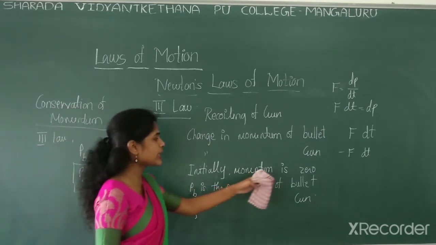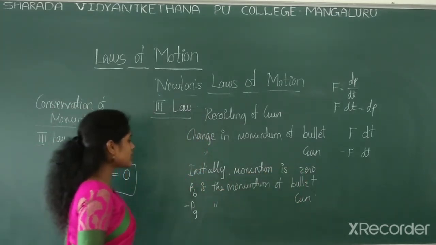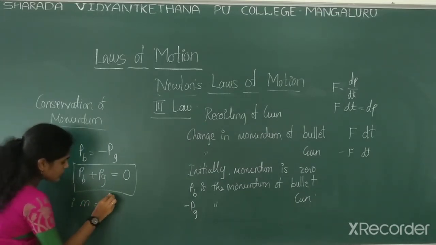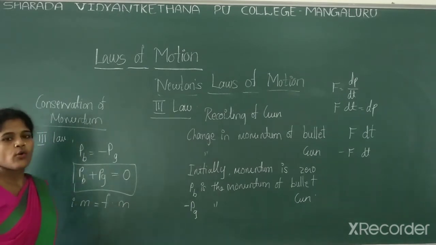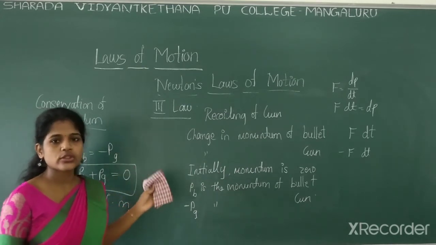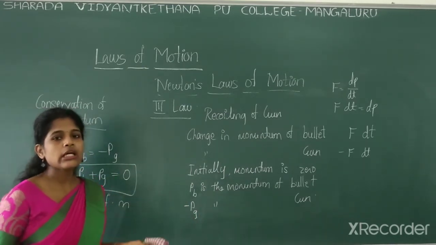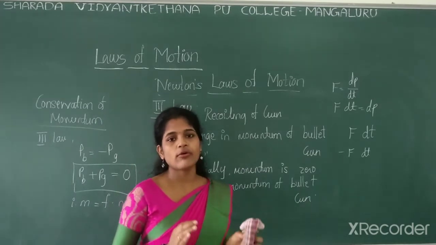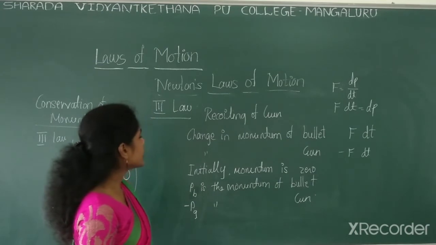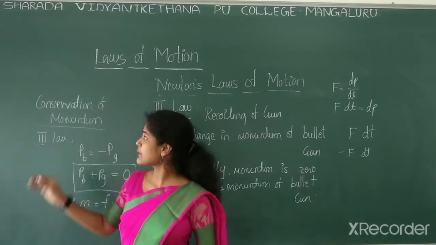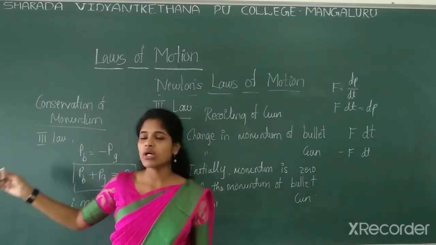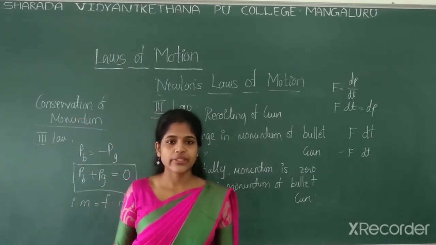And we know that initially the momentum is 0. So here we can tell the initial momentum equals the final momentum. Initially it is 0 and after the process also it is 0. So here we can tell the total momentum of the isolated system is conserved. This is the example for the law of conservation of momentum, and it is important. This concept is included and Newton's law is excluded. So you have to study this law of conservation of momentum.